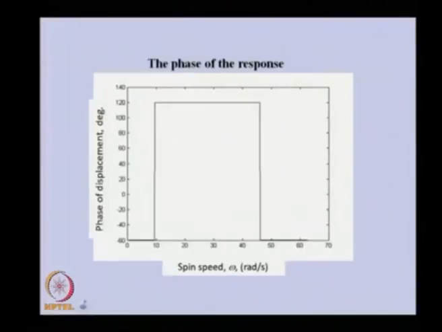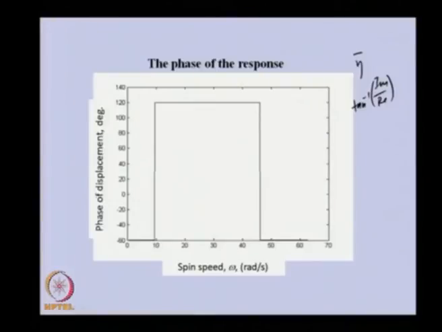And if we see the change in the phase, because the response is a complex quantity, having a real part and an imaginary part, if we take the amplitude of this, we get the previous plot. The phase plot will be tan inverse of the imaginary part divided by the real part. So at the disk location, imaginary part divided by real part, tan inverse is the phase.